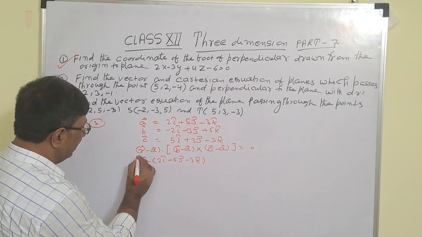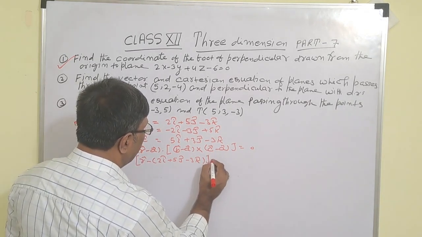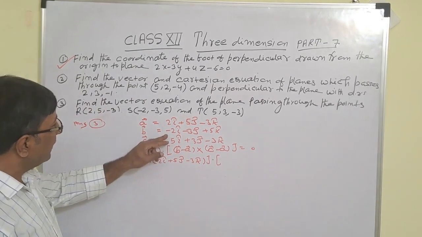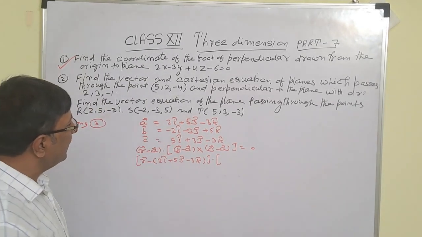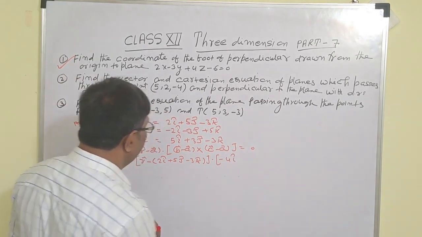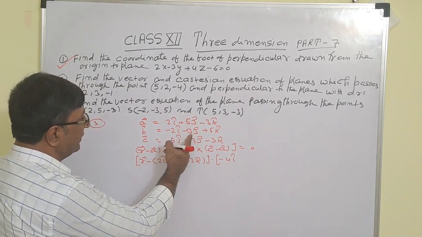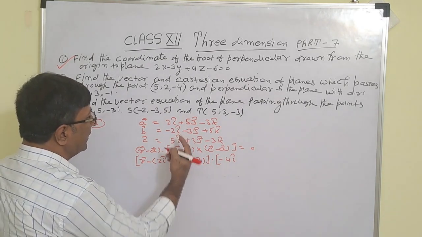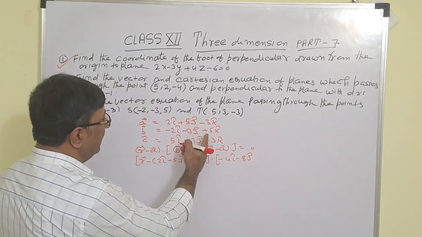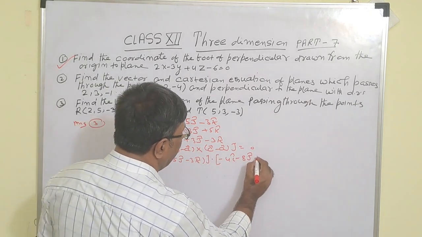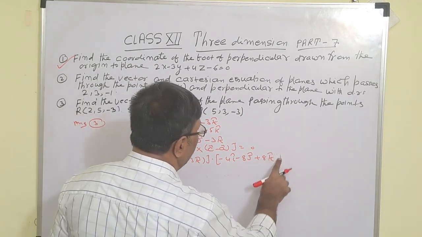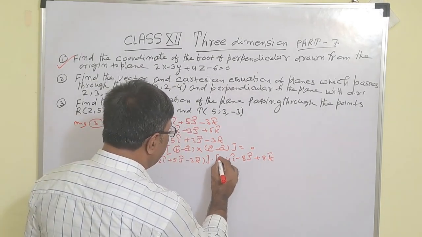And now this is the dot product of b vector minus a vector. So b vector is this, a vector is this, so minus 2 minus 2 is minus 4. So this is minus 4 unit vector i. Again this is minus 3j minus 5, that is minus 8 unit vector j. This is 5 minus minus 3, plus, so this is 8 unit vector k. So this is b vector minus a vector.